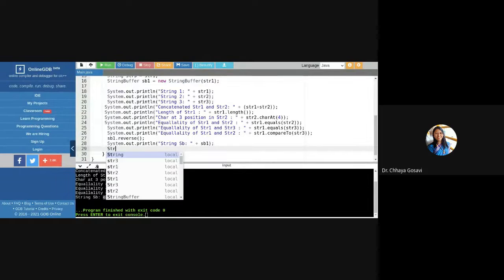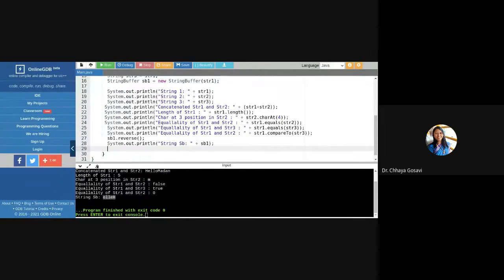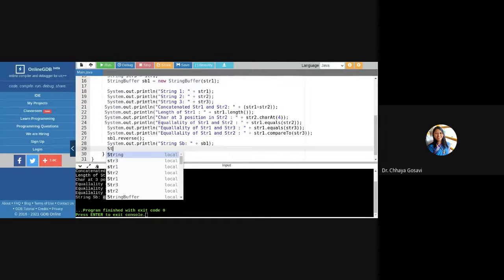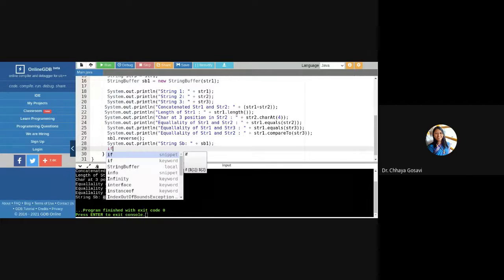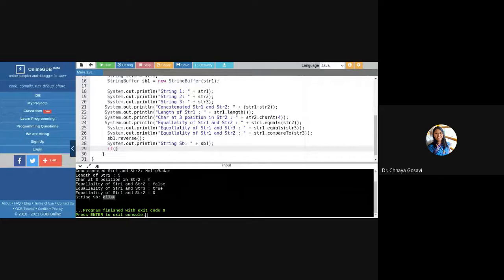You can convert that StringBuffer object to a String object, or you can just compare it with the toString function. Here, the original string str1 is equal to sb1 dot toString. The toString function will convert this to a String object, and then it will compare it.